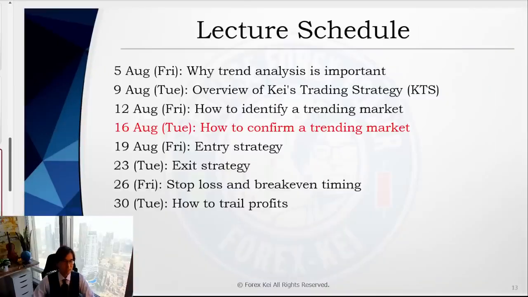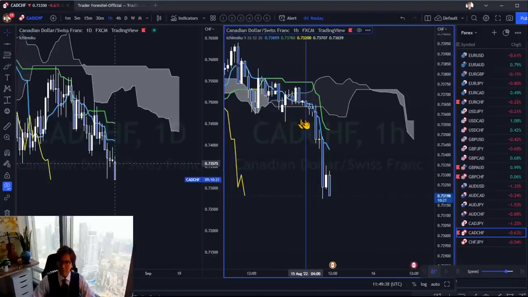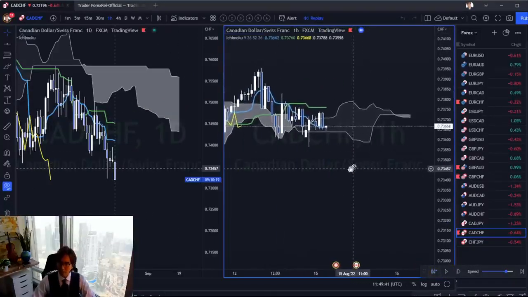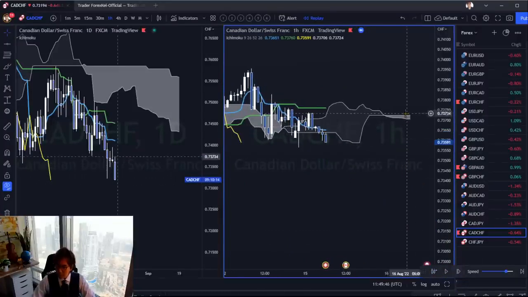continue to practice. You can continue to practice on live markets, or if the markets are quiet or ranging, then you can always run a tester like a Forex tester and practice on the back testing. Or you can even use TradingView to use a bar replay. There's a replay bar like this, and you can actually go back on the charts whenever you want to, and you will, one by one, move the candles and see exactly how these lines behave,